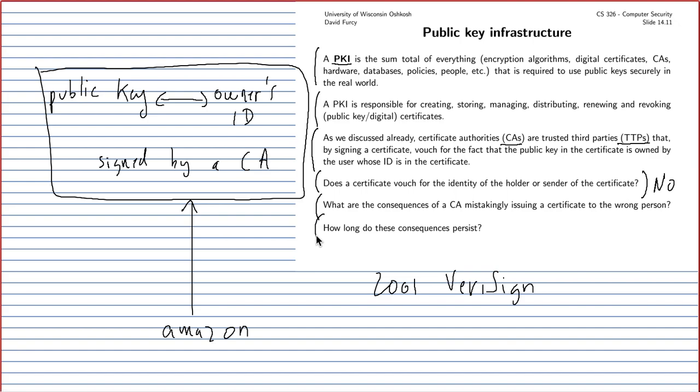And the answer is quite a long time, because as long as this certificate is circulating and it's being used for malicious purposes, it will cause some damage. So the end of the problem is going to be whenever every single user on the internet, browser, and so on has realized that this certificate is forged and does not accept it. So you can see that it will take quite a while to solve such a mistaken certificate.